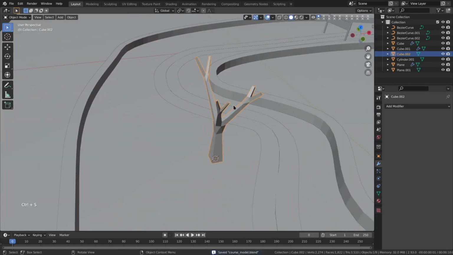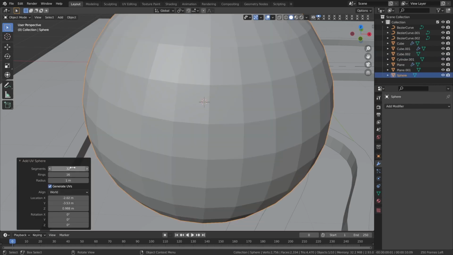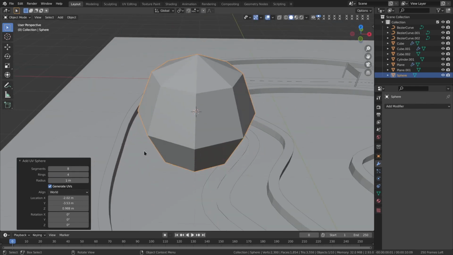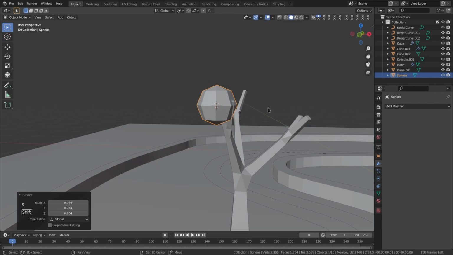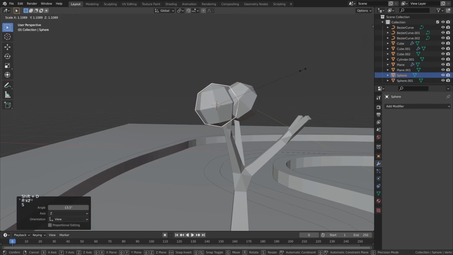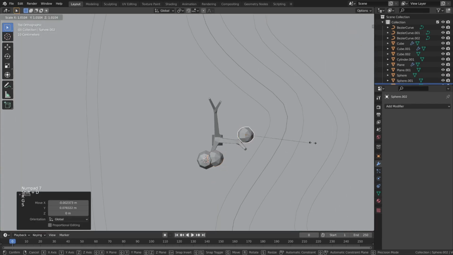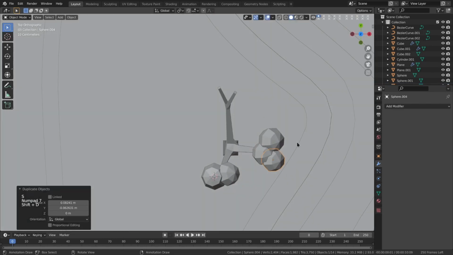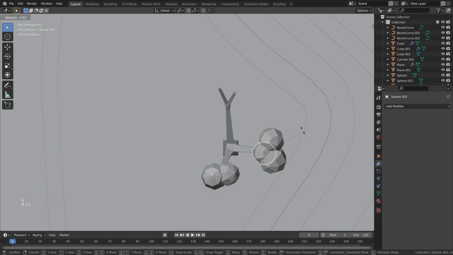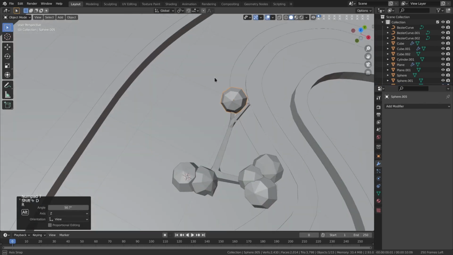Now that we have the base of the tree, we want to add some leaves. So Shift A M U for a UV sphere and make it 8 segments by 4 rings. This creates your typical low poly leaf slash bush thing, so just duplicate it, scale it, move it around. Shift D, S, R, Shift D, R,